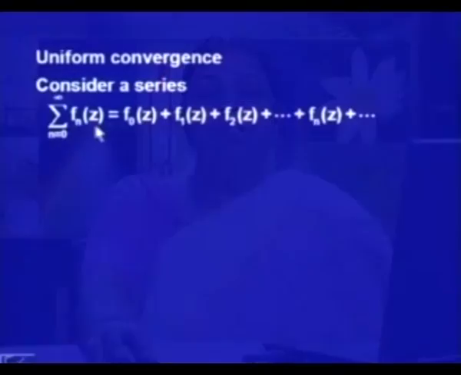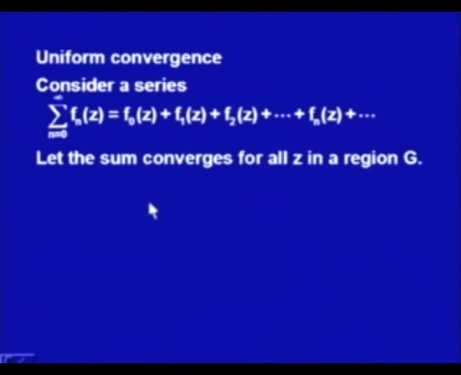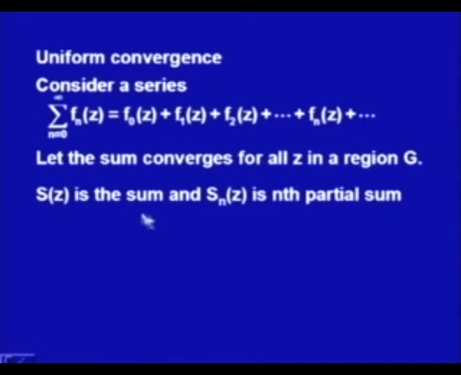So, to define uniform convergence, consider a series of functions of z, summation n equals 0 to infinity of f_n(z), which is f_0(z) plus f_1(z) plus f_2(z) plus f_n(z) and so on. So, this series is considered. Let the sum converge for all z in a region G,